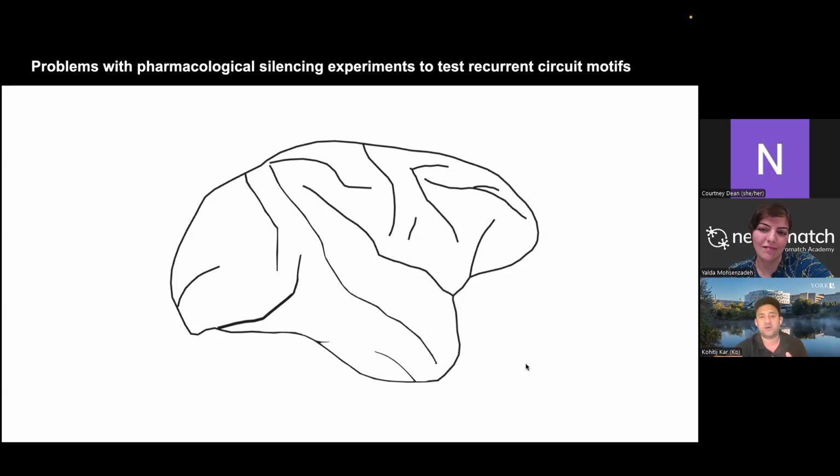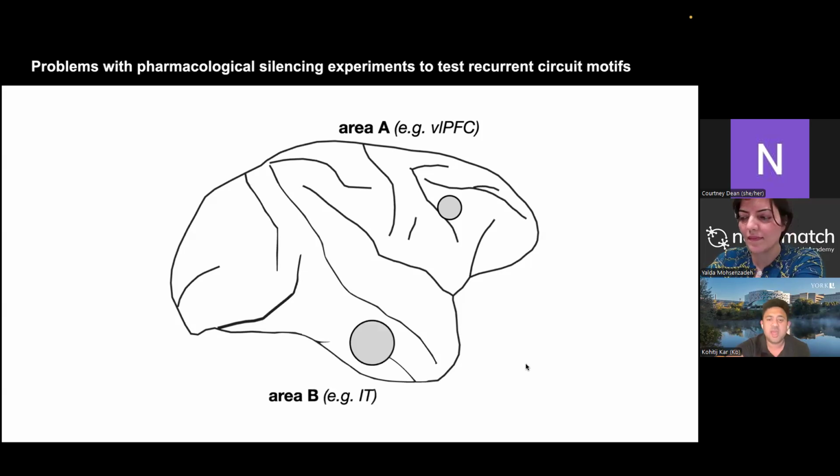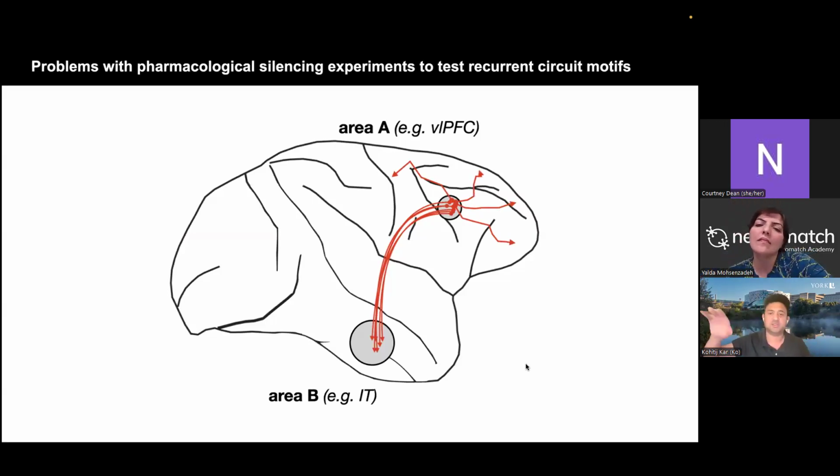One of the confounds you can appreciate if I show you this diagram. Let's say this is the part of the ventral prefrontal cortex that you want to perturb, and this is the part of IT that it projects back to. In the previous study, when I wanted to perturb VLPFC, I did not want to perturb all these connections going out of VLPFC to other areas. But when I injected muscimol, it affected all of these connections. Really what I wanted was to perturb these specific connections, and that was not possible in an experiment like muscimol injection.